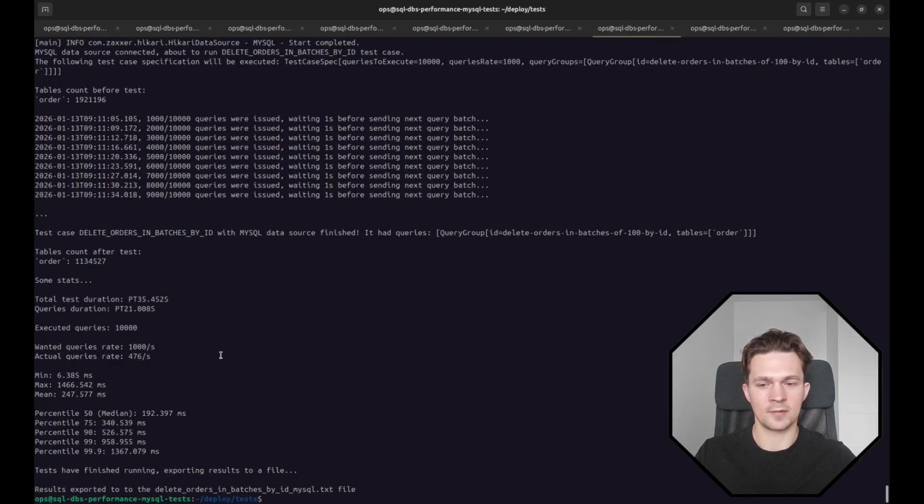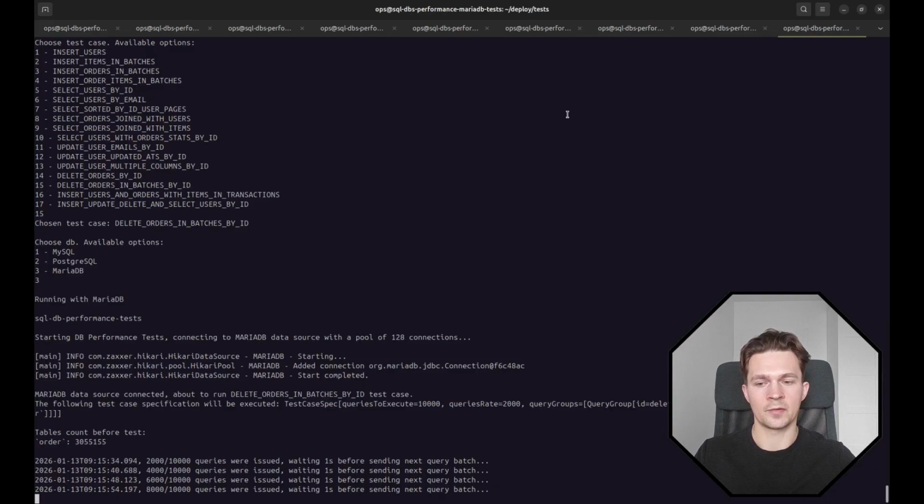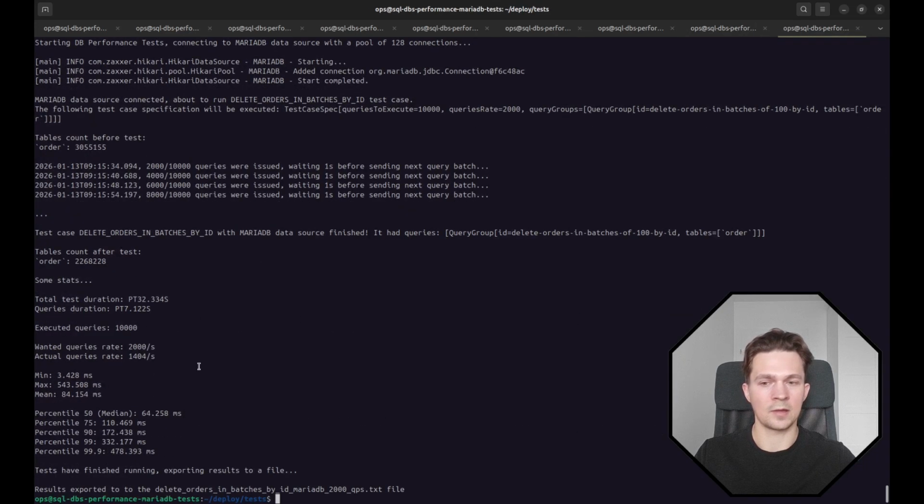Yeah, with MySQL it was 400 deletes, almost 500 deletes per second. As you can see, it's much better for Postgres, and let's check what it is for Maria. Yeah, it's worse than for Postgres, but still good. Alright guys, let's unset queries rate